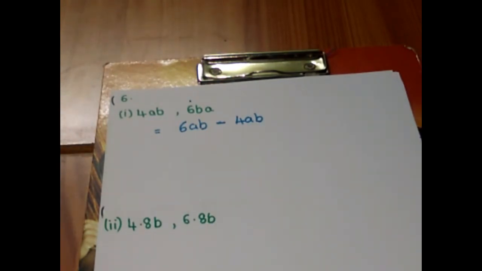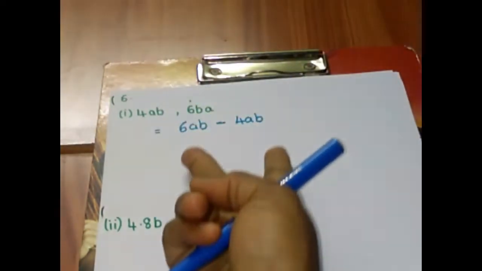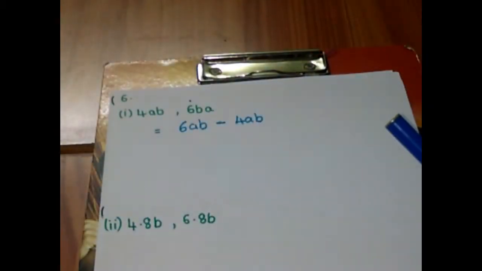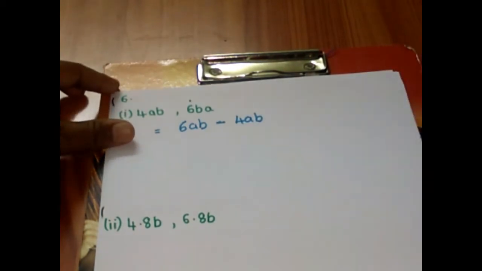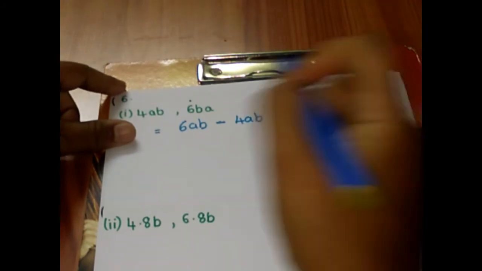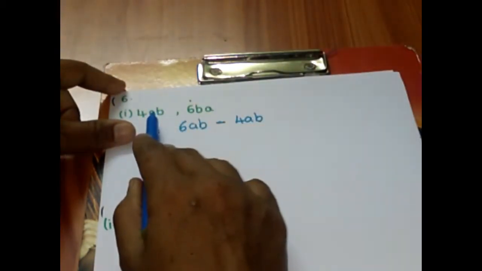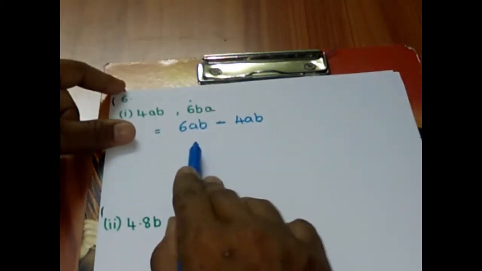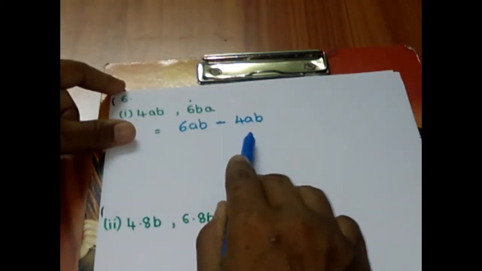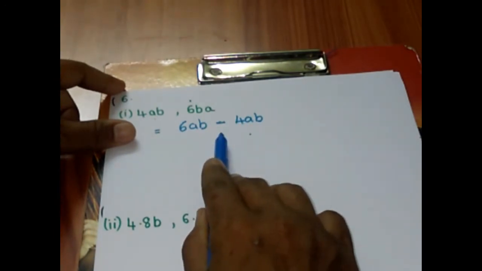When you are dealing with addition, even if the terms are reversed or rearranged, the value does not change. Why? Because according to the commutative property, a plus b is equal to b plus a. If you make 2 plus 3, the value is 5. If you make 3 plus 2, the value is 5. But it cannot be the same in the case of subtraction. It is clearly said, subtract the first term from the second. So let me write the second term first and then the first term followed by the minus sign.